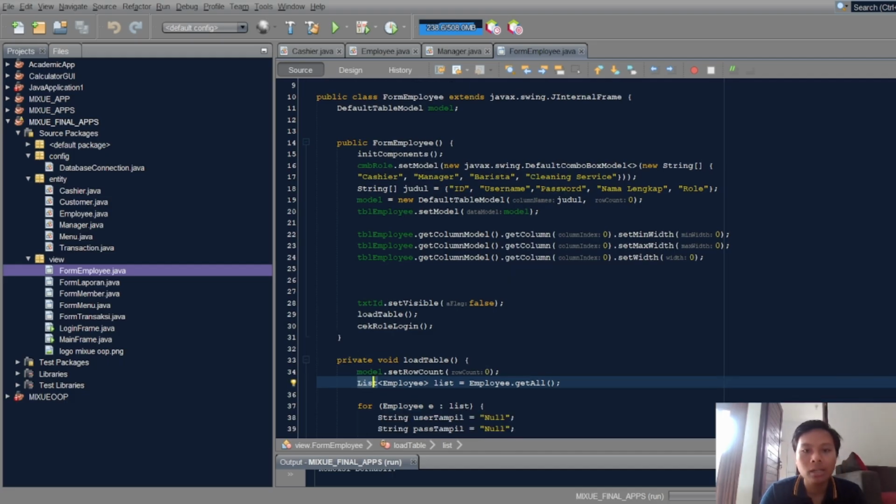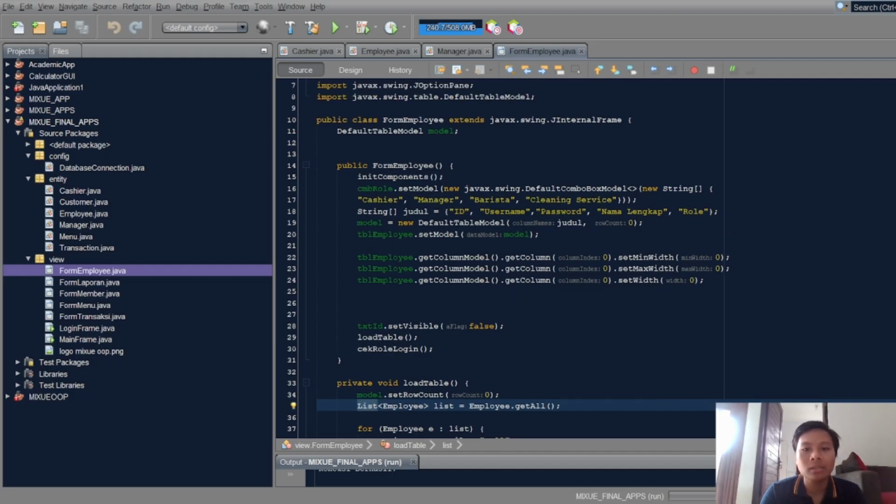And then the model is creating a new object called default table model, and the parameters are column name and row count. The table employee variable sets the model behavior, and the parameter is model.